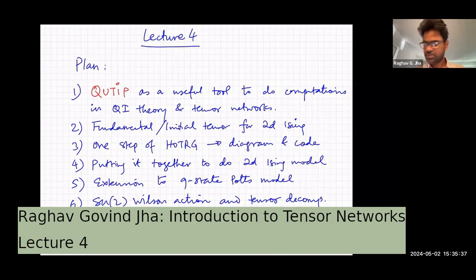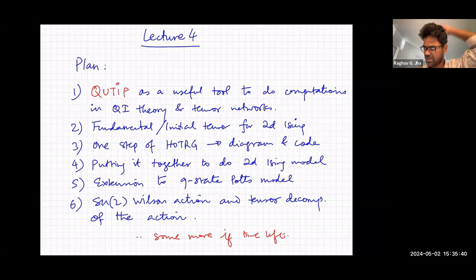And in the last lecture, I'll write down, this is the plan I have. So I'll quickly show you, if you remember, in the first lecture, we discussed Bell states, pure states. I'll show you quick code if you want to use these things in your research or explorations. I'll show you a very useful tool, which is QuTiP, the quantum toolbox in Python. So you can do all sorts of partial traces, von Neumann entropy and things like that with the